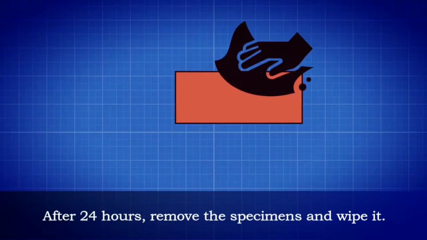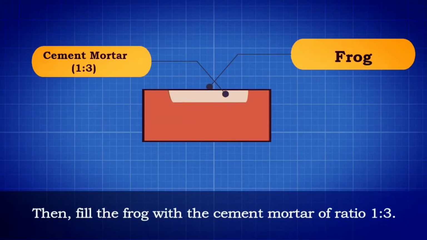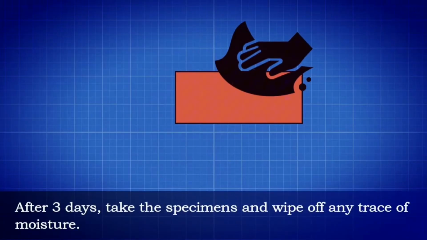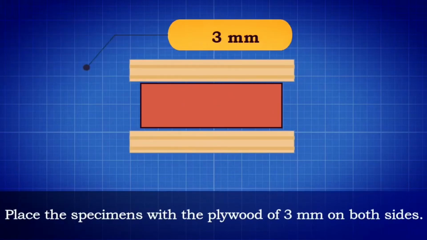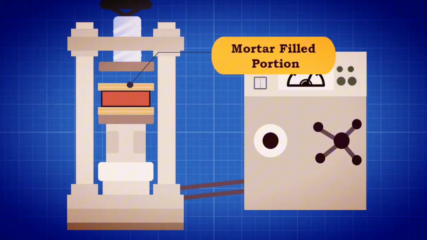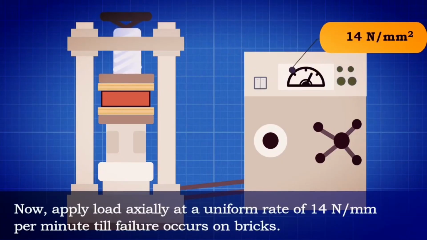After 24 hours, remove the specimens and wipe them. Then, fill the frog with cement mortar of ratio 1:3. These bricks are stored under damp jute bags for 3 days. After 3 days, take the specimens and wipe off any trace of moisture. Place the specimens with plywood of 3 mm on both sides in the compression testing machine, with the mortar-filled portion facing upwards. Now, apply load axially at a uniform rate of 14 Newton per millimeter square per minute till